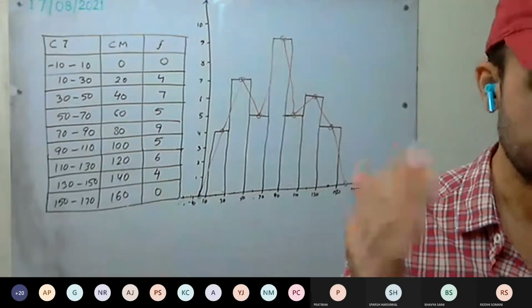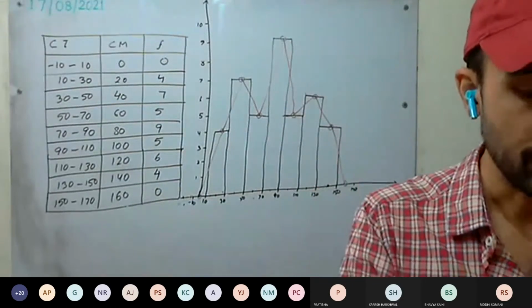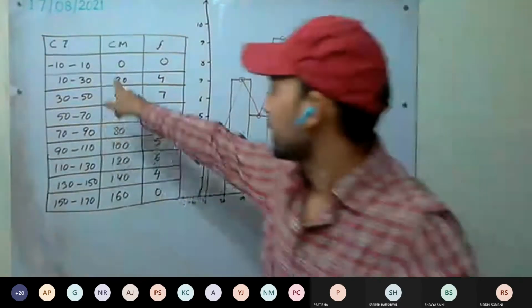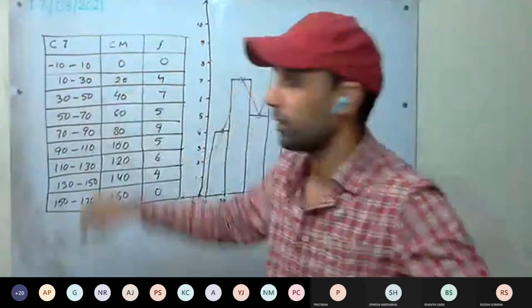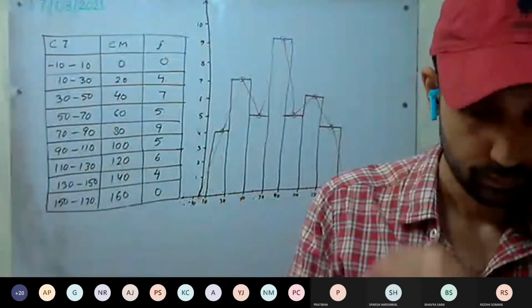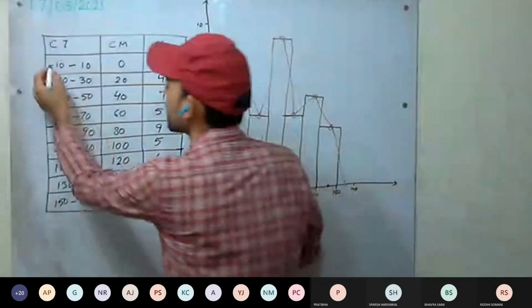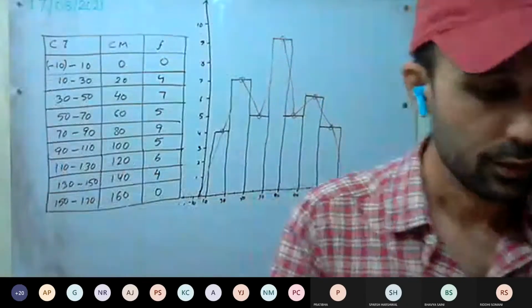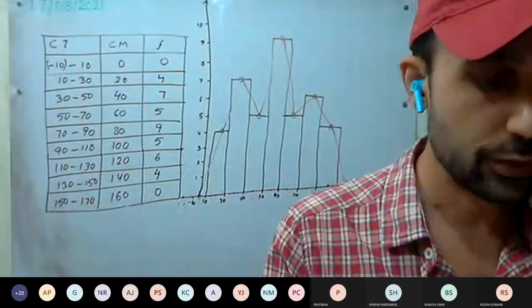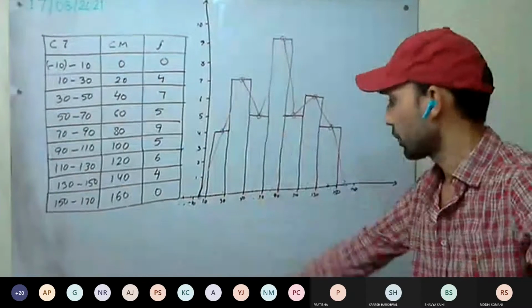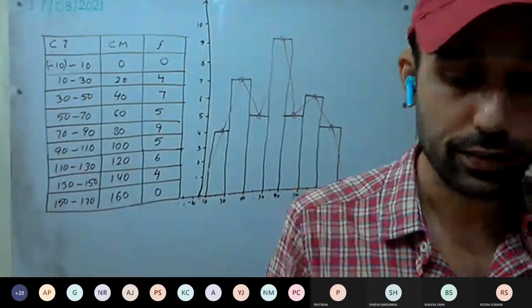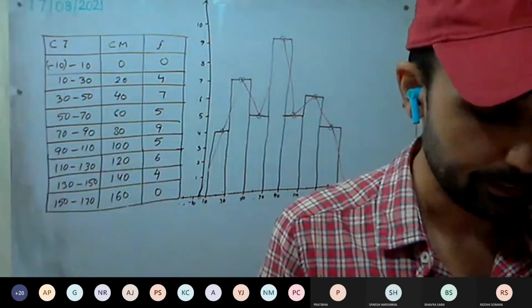For the first interval before that, it will be -5 to 5. Here, first interval -5 to 5 it will be. It's better if you put it like this, -10 to 10. So do those as homework. Without the histogram, you draw it. One more graph. Then the second one as well: draw two graphs, one histogram and another without using the histogram, a frequency polygon.